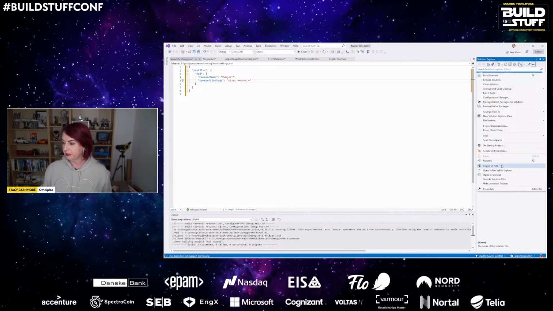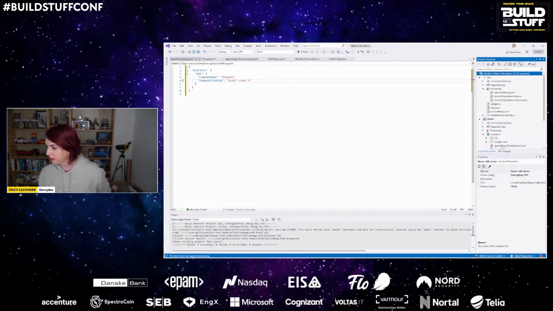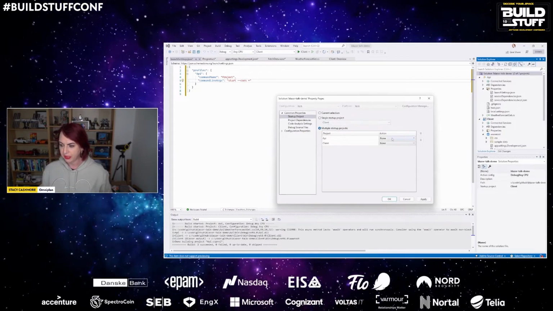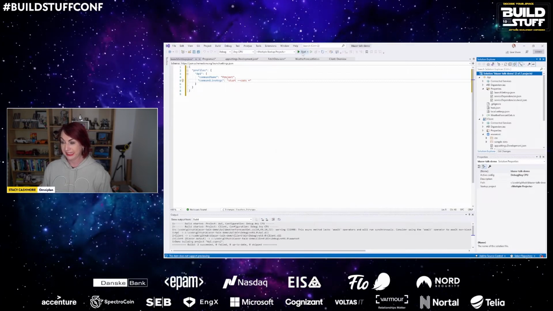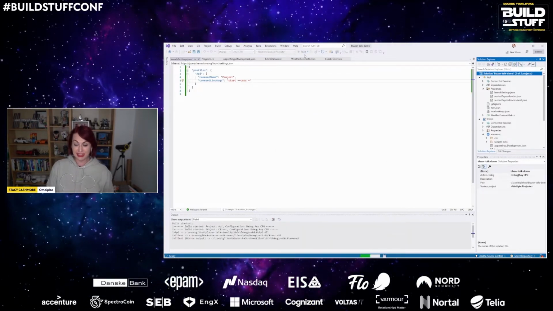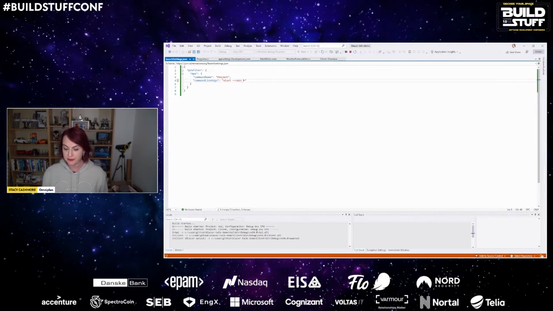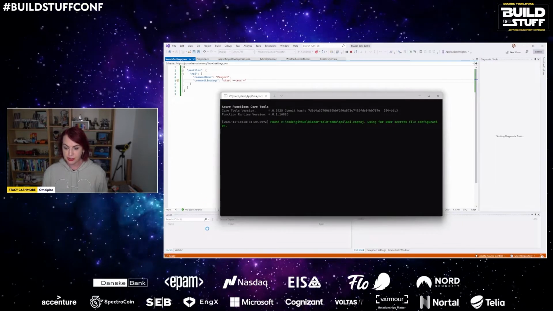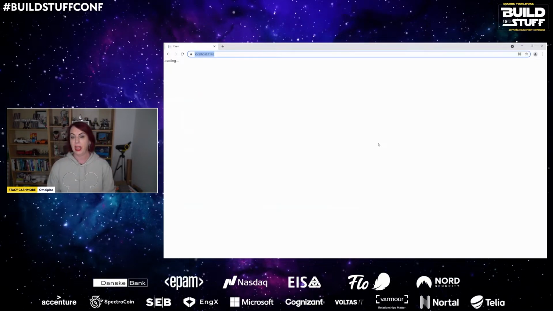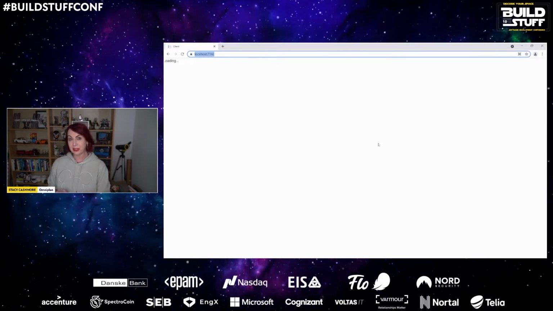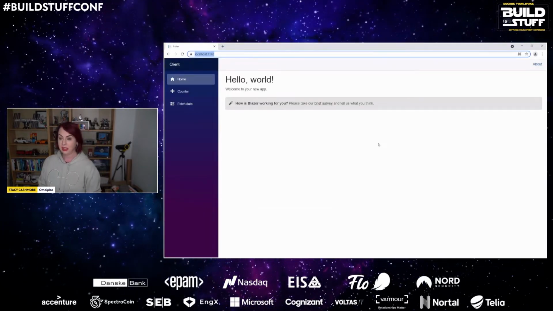Last but not least, because we need to run both of our projects, we are going to change our startup projects, if I can find them in the context menu. We're going to say multiple startup projects, and we want the API and the client. And if I've done everything correctly, we can cross my fingers, we can watch it build, and it's going to spin everything up for us. We have the Azure Functions running, and hopefully in a second, we are going to have our website running. It's going to take a little bit of time to load first time because it's going to have to download the .NET Wasm development environment in order to go.